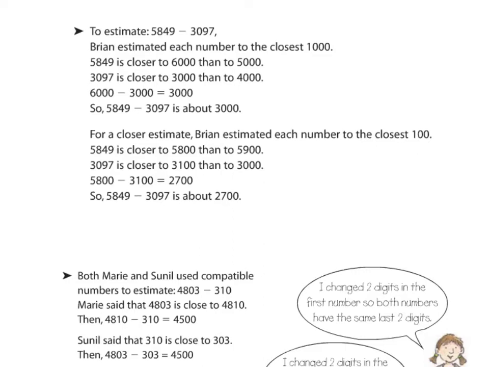All right, now we have another estimate. We are estimating 5,849 minus 3,097. Brian decided to estimate each number to the closest 1,000, so he's using benchmarks. 5,849 is closer to 6,000 than to 5,000, so he made it into 6,000. 3,097 is closer to 3,000 than to 4,000, so he made it into 3,000. 6,000 minus 3,000 is 3,000, so this would be an appropriate estimate for